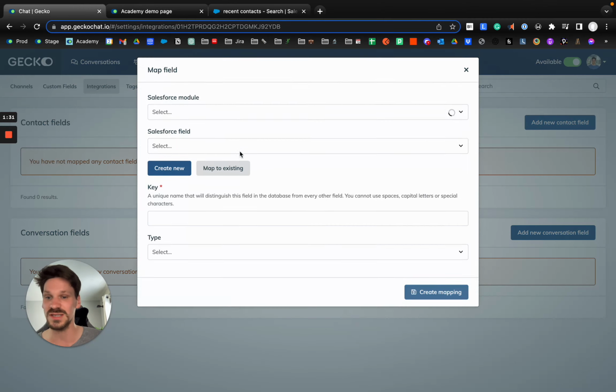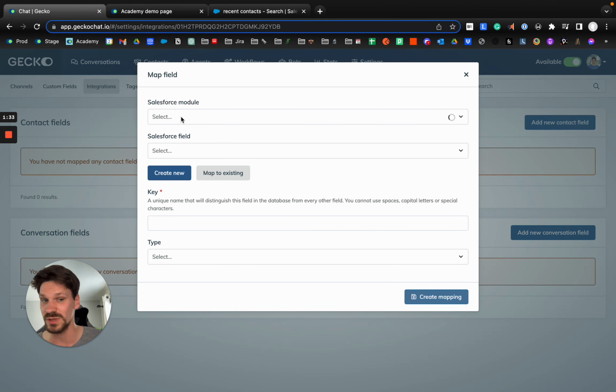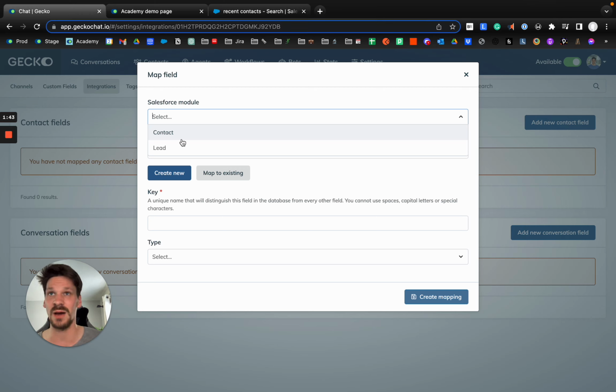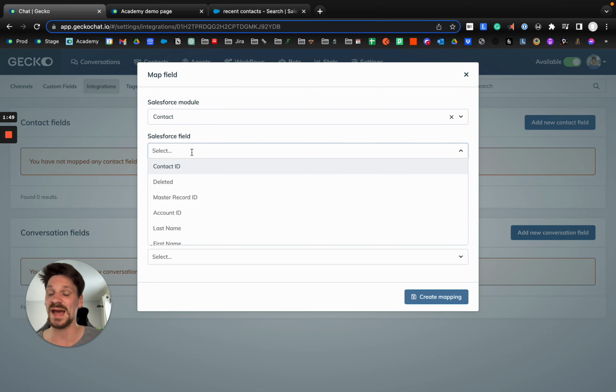Click Add New Contact Field and you'll be asked which module you want to write to. Now, don't be fooled, although this only says Contact and Lead, you can in fact write to other modules too. Let us know if you're interested in doing that and we can action that for you. I'm going to choose contact to begin with, and then I'm going to choose which attribute I want to